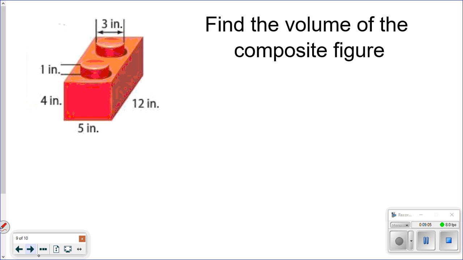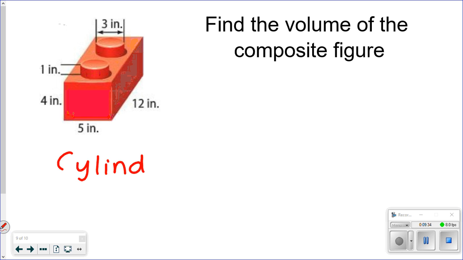All right, I'm going to go to this one. Okay? It says find the volume of the composite figure. You're going to have some of these in your homework today. So you got to think about what you have. You have the cylinders up top, right? And then what is this? Rectangular. This is what we did on Friday. So now if they want you to find the volume of the whole thing, you have to find the volume of everything separately and add them together like what we've been doing. So if you want to do the cylinders first,